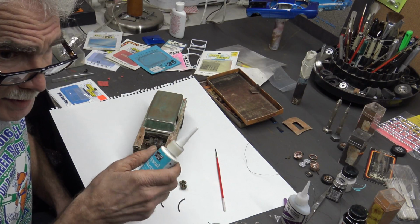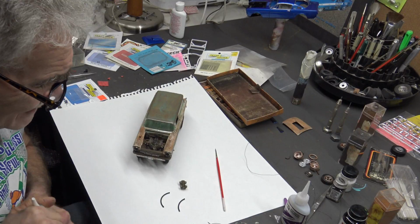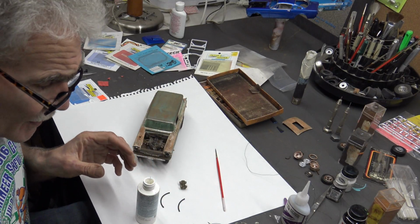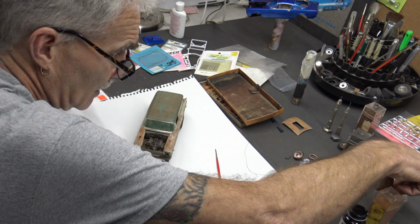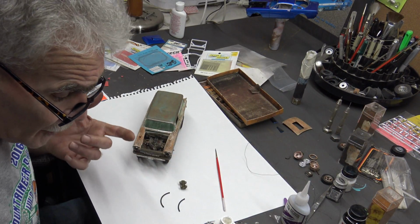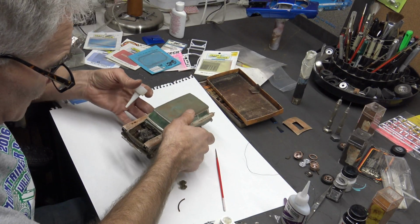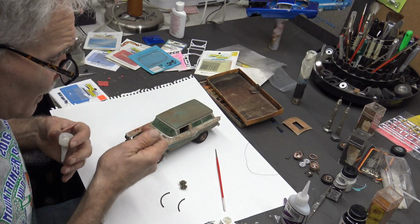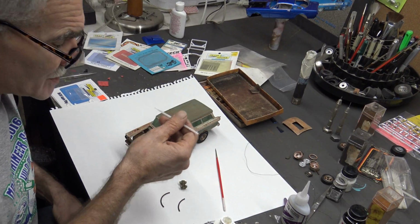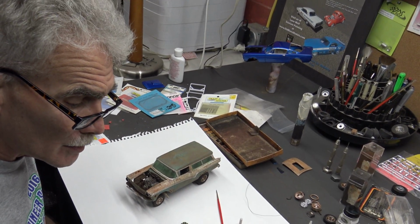So give me a couple minutes to get everything straightened out here, and we'll get these going. And like I said, the thing that you have to do, you just have to think this out, figure out how you're gonna do it. I really love this stuff from Detail Master because it just adds more and more to what you're trying to do